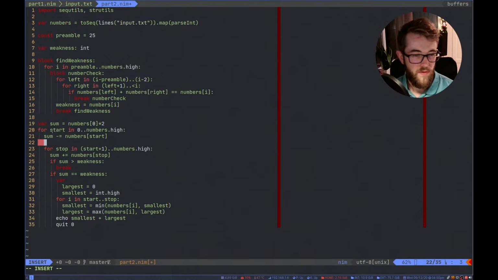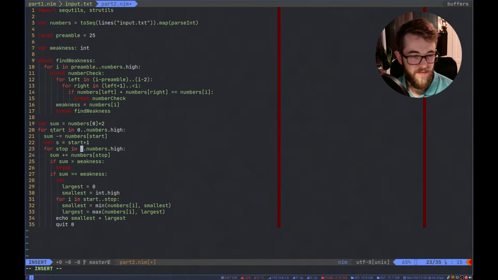So we would do... I hate naming variables. Such a pain in the ass.